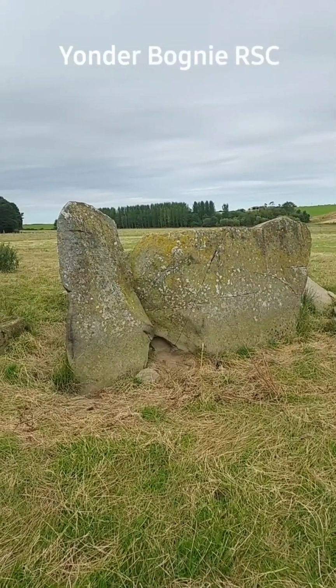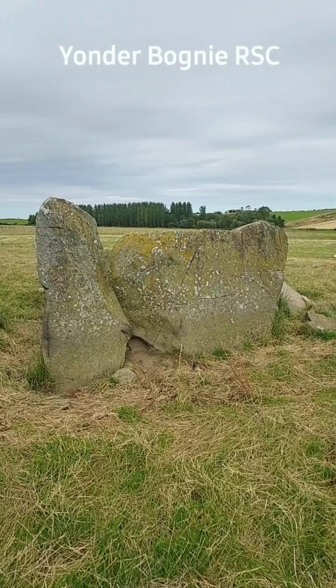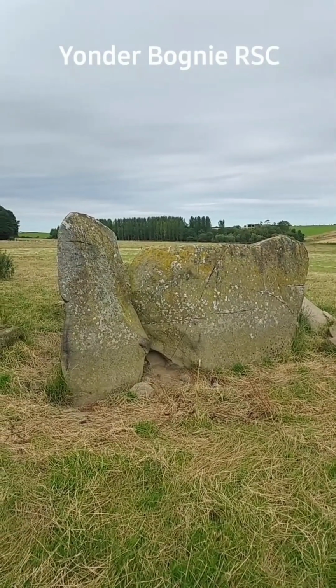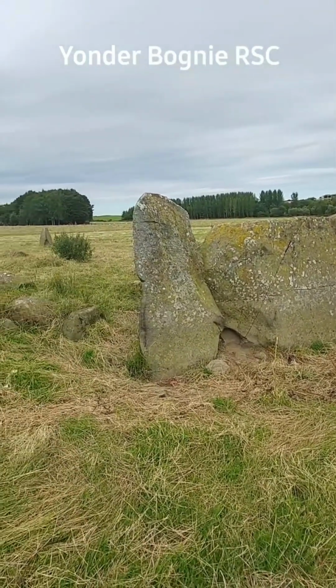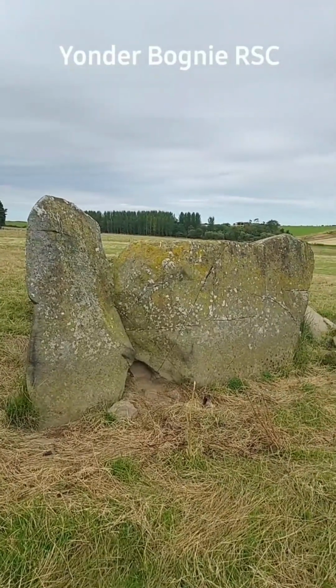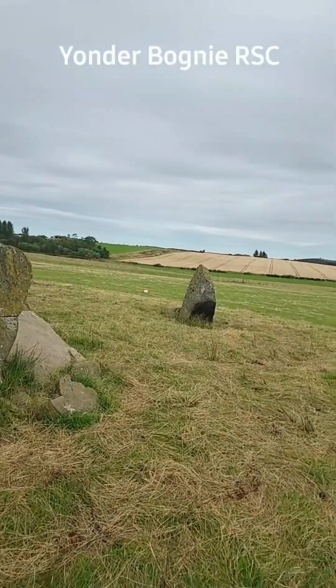What I didn't do at Rothiemay, for understandable reasons, is take a kind of topology of the land, although it was on a shallow rise. This is an interesting one. I'll just stand in front of the recumbent and we'll do a kind of pan round. So what's interesting is it's on a kind of shallow